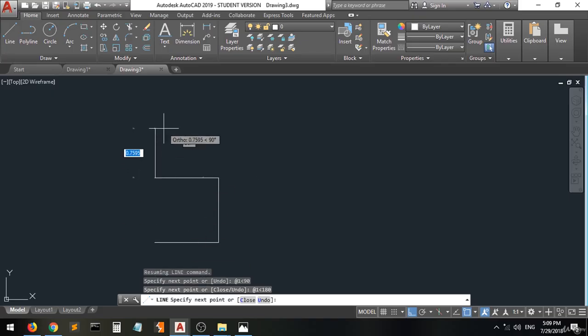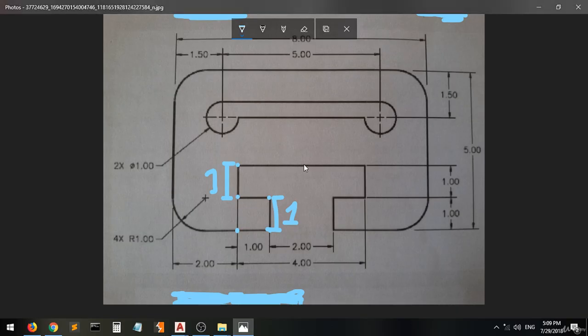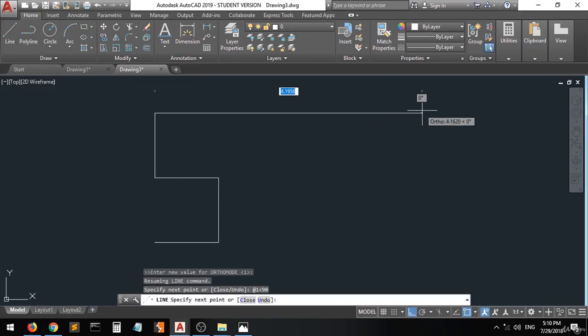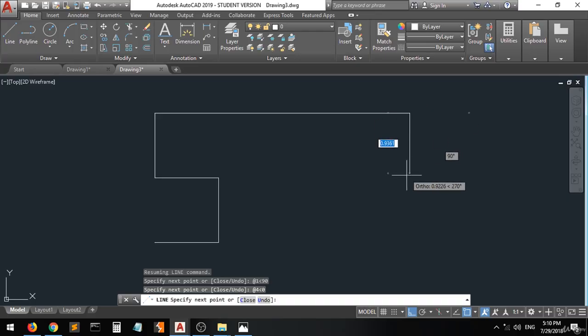So we'll move at 1 in the direction of 90 again. And then go back to the drawing, moving from here to here, where they put this dimension which is 4, from this point to this point, and this is 4 units. So we'll move at 4 in the direction of 0, enter, and then